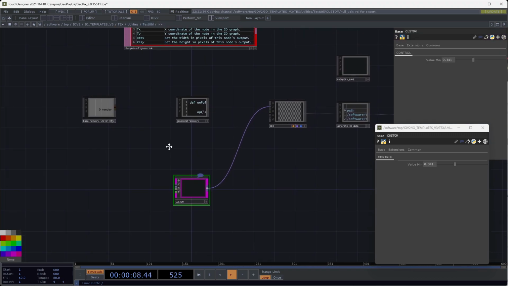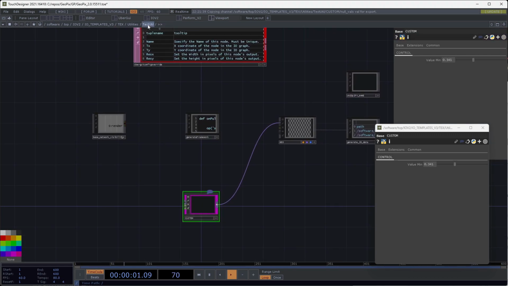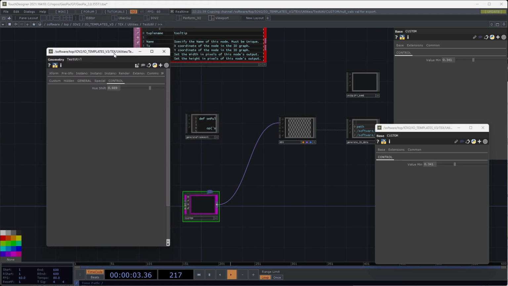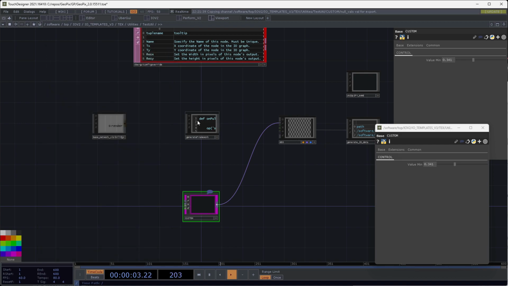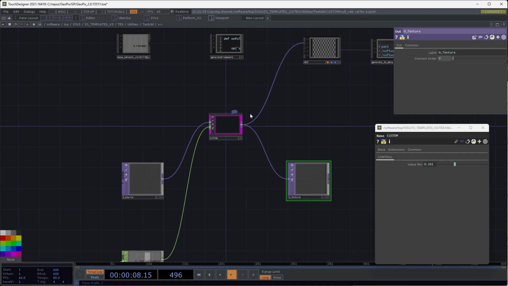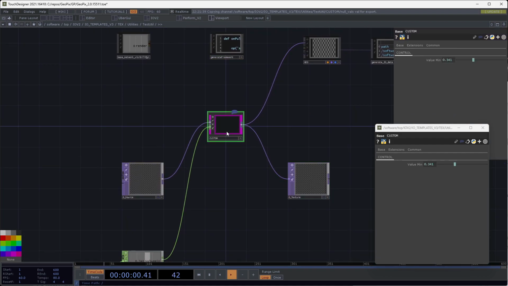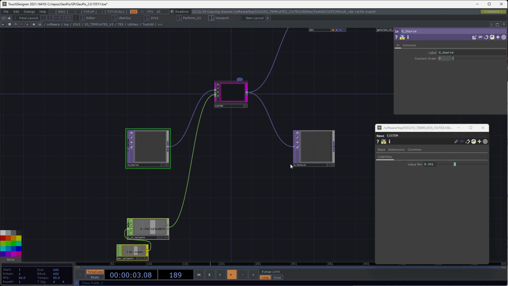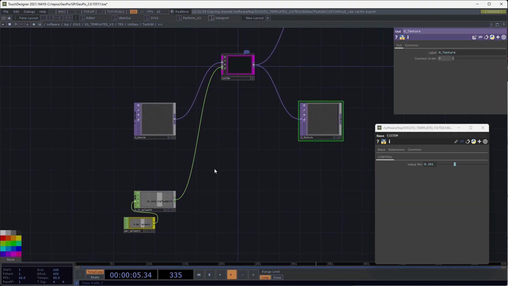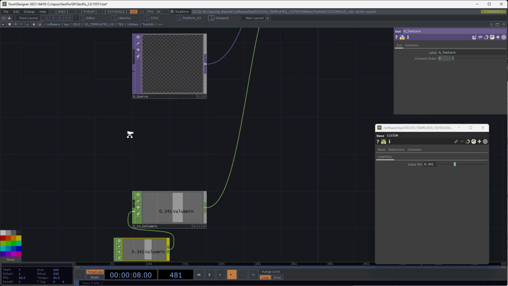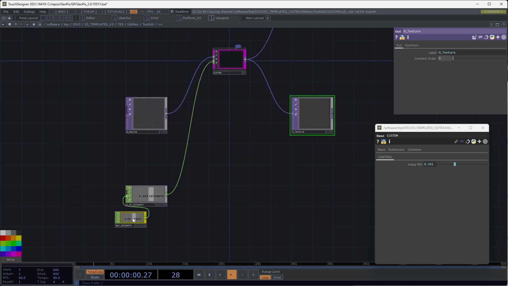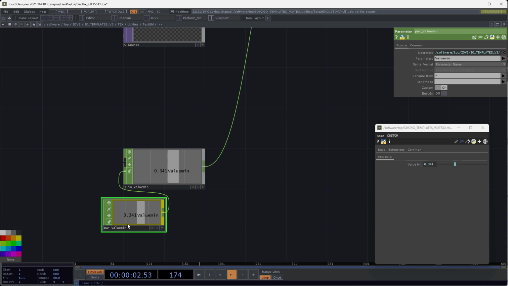So we can go back up a level and normally if you're doing this manually, you would have to go up here and customize this parameter and delete all these pages and parameters that were from the old one and update them. But of course, we don't want to do that manually, so we can just click generate. And what generate does is it takes the inputs and outputs inside of custom, it replicates them, and it lays them out here and wires it up for you. And it also puts a number in front of them just to keep things a little more consistent. Notice that it took our parameter